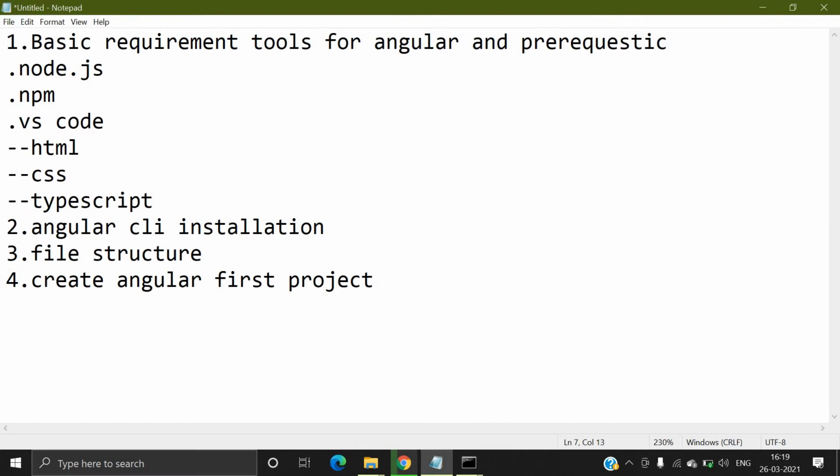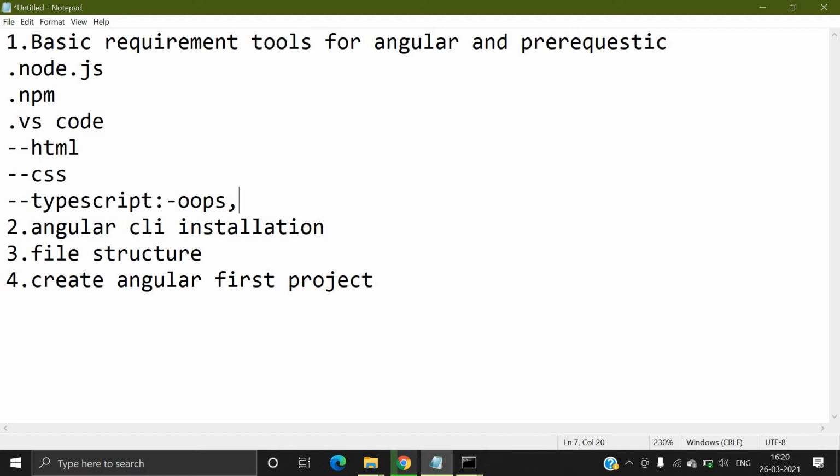So don't confuse: TypeScript is just a superset of JavaScript. TypeScript provides functionality like, if I talk about OOPS concepts, how to create a class, what is inheritance, constructor, and how to initialize a constructor.